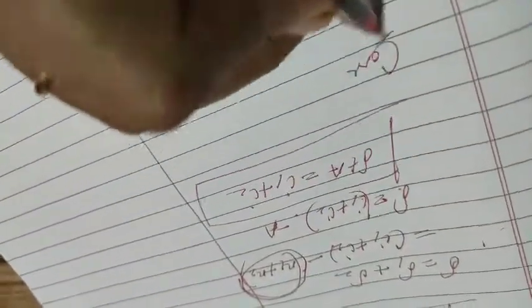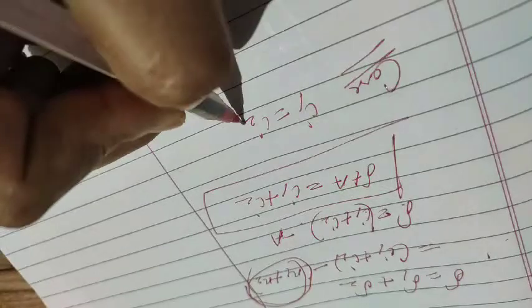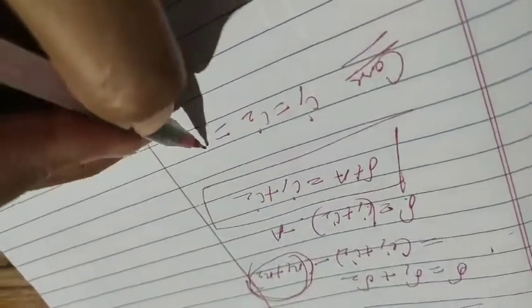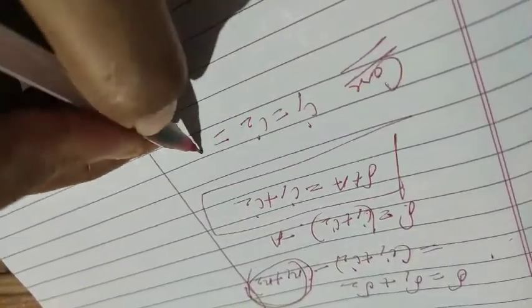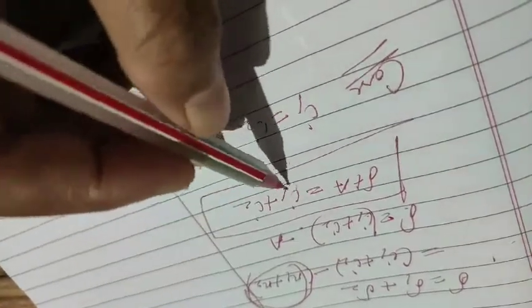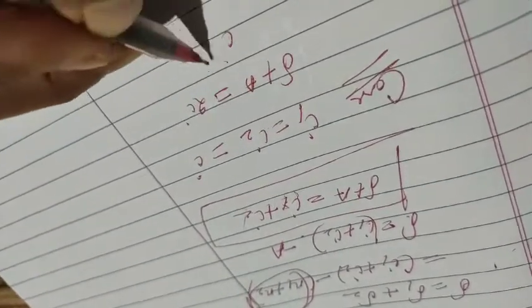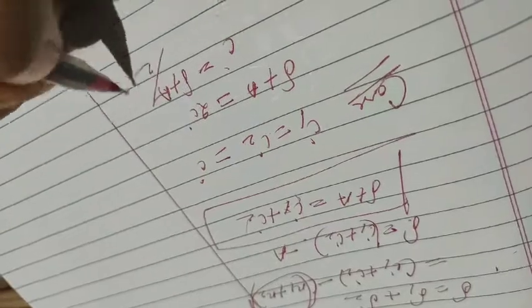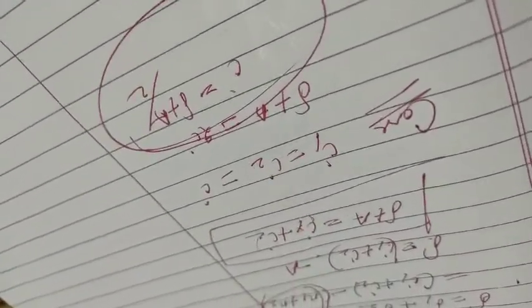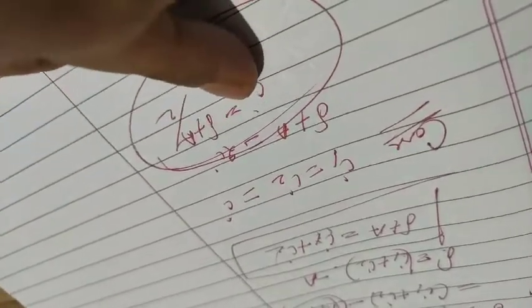Clear? Now one case I will tell you. Suppose they tell you the two angles of incidence are the same. Clear? Then I1 and I2 are equal to I. So suppose the incident angles are the same, then what shall I write? Delta plus A is equal to 2I. So I is equal to (delta plus A) by 2. So sometimes this is taken as minimum deviation. When the prism is small, we can consider this is the angle of incidence. Otherwise, you will remember this one. This is the angle of incidence.